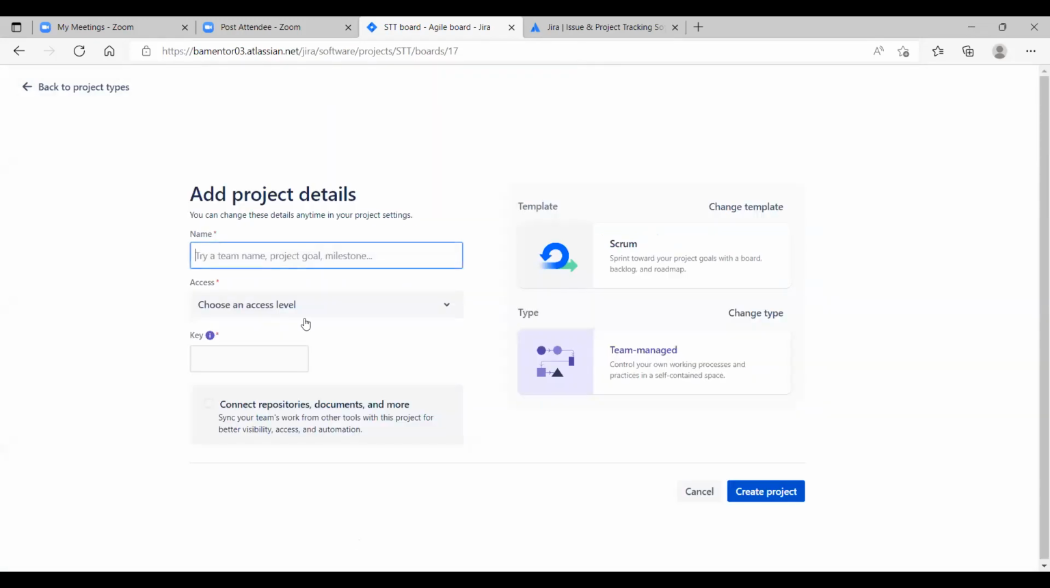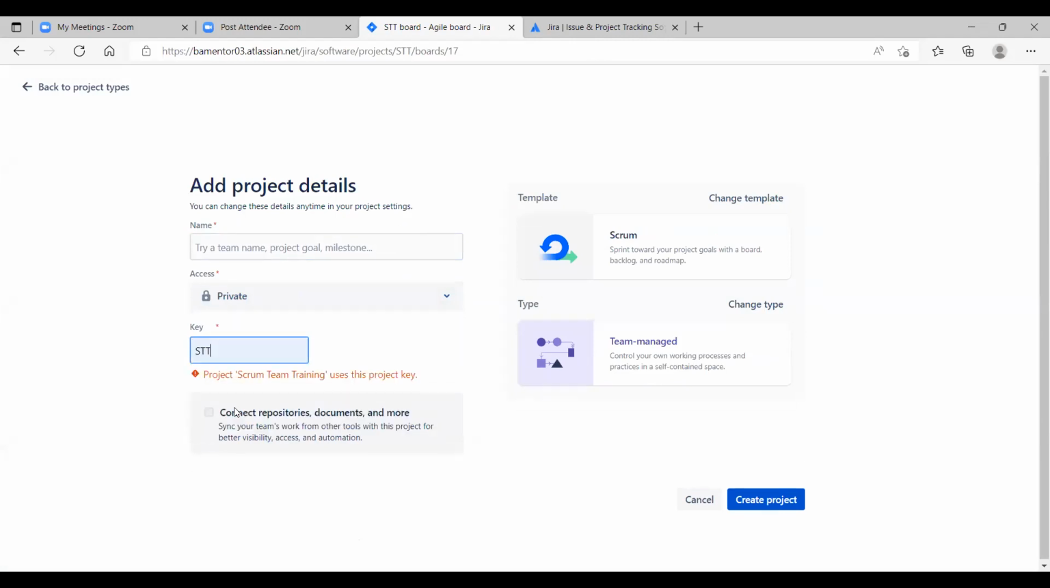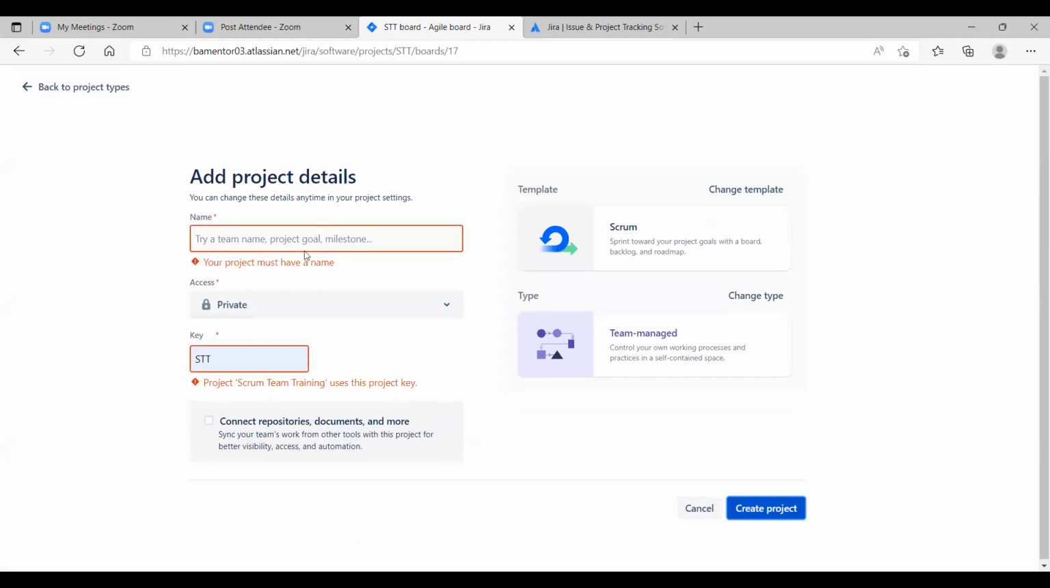Once you click on that, you have to give any name, and change the access level to private, that is for your own system. For the key name, you can give anything or whatever comes there, or if anything is reflecting, select the same thing. Okay, and click on create project. The moment you click on create project,